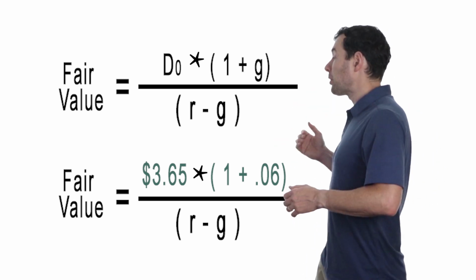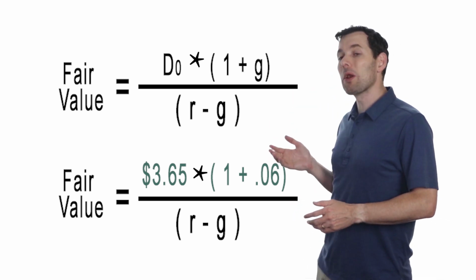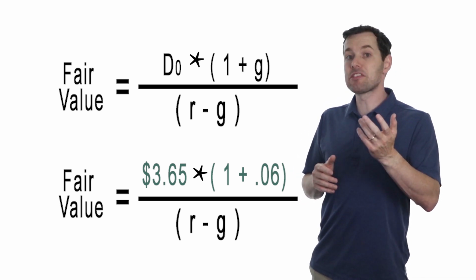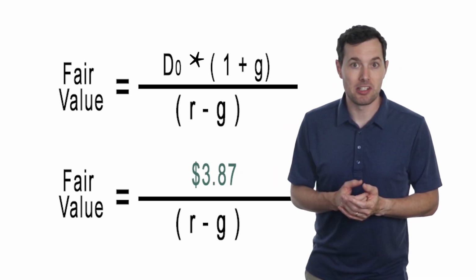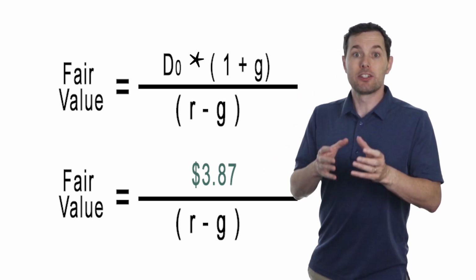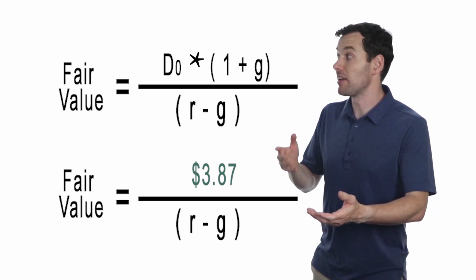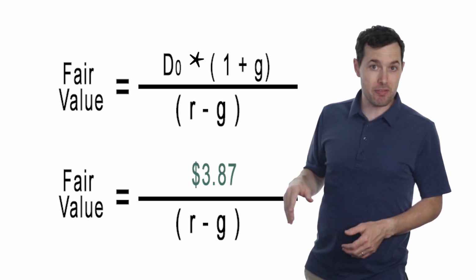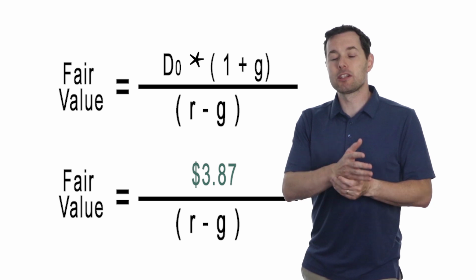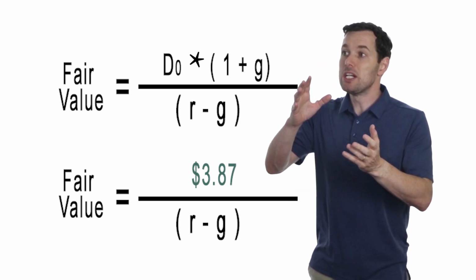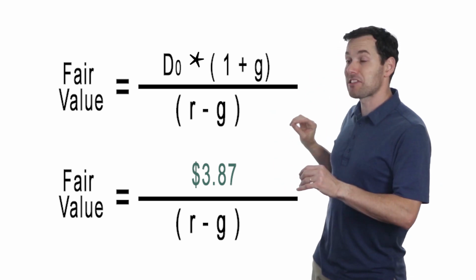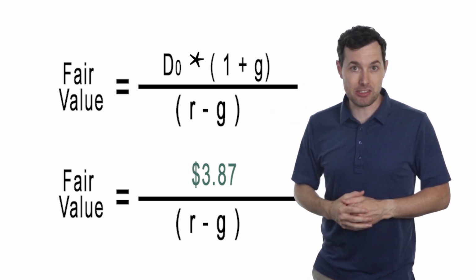Now we take this 3.65 and we multiply it by 1.06 to represent the 6% growth rate, and that gives us $3.87. So that was the purpose of this entire top part of the formula, to try to come up with next year's dividend. That's what D1 is. We saw that in the previous formula we looked at. If you happen to know analyst reports, or if you happen to have an idea of what the dividend is supposed to be next year, you could use that. But either way, that's the goal here: come up with next year's dividends.